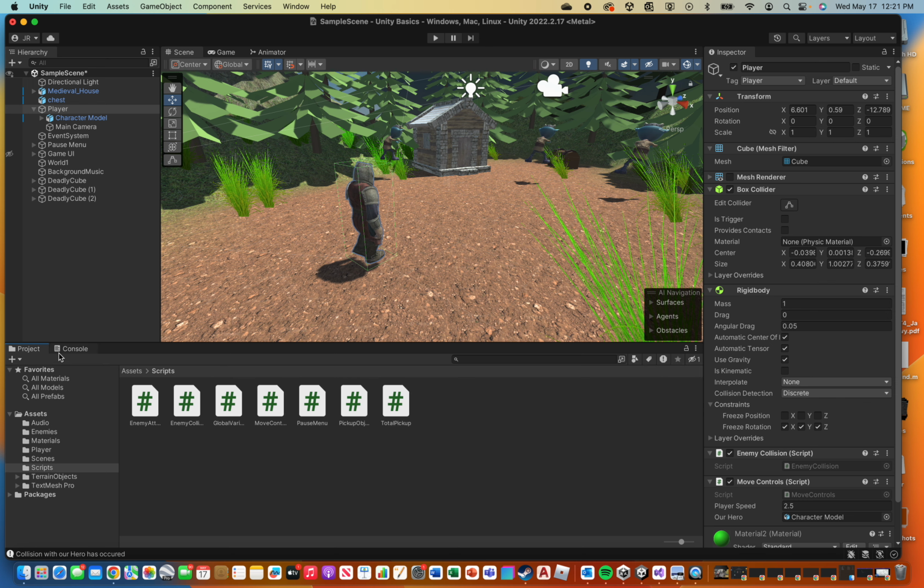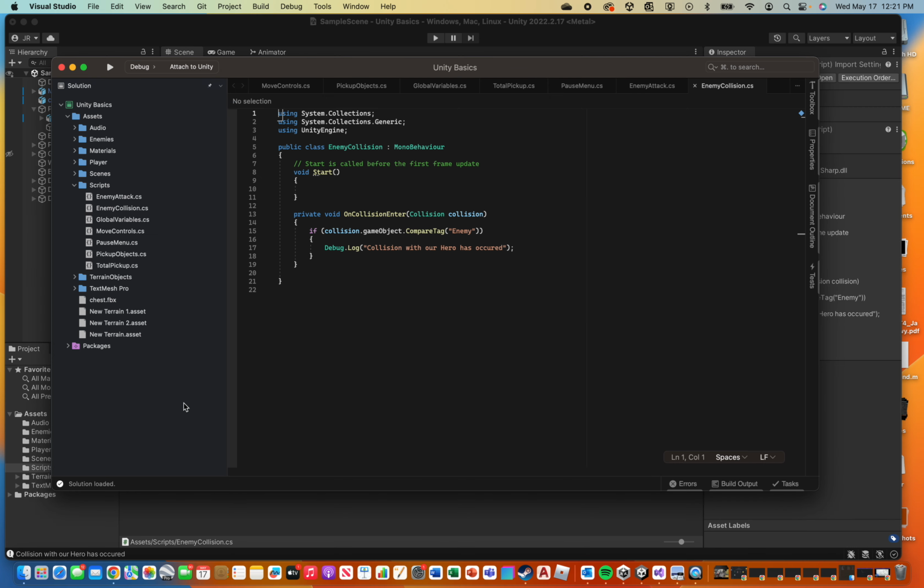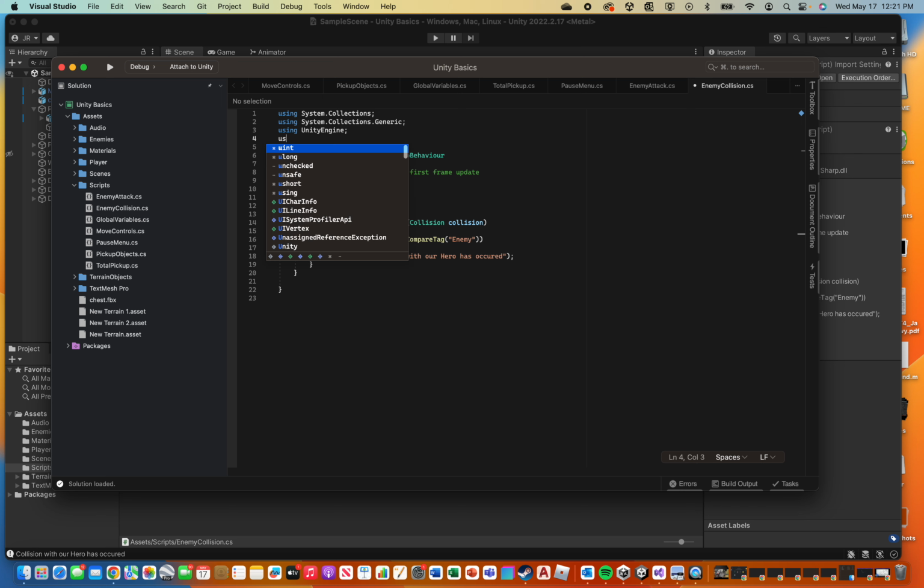Now let's go back to our project here and let's go into our enemy collision and let's have it actually do something. Let's have it actually control our game a little bit here. So let's say if we get hit in this game, this game's gonna have no mercy whatsoever. Basically, if we get hit, we die and the game restarts, okay? So in order to do that, we have to load our scenes. And up in the libraries that we're using here, we're going to add a new one. It's called using Unity Engine